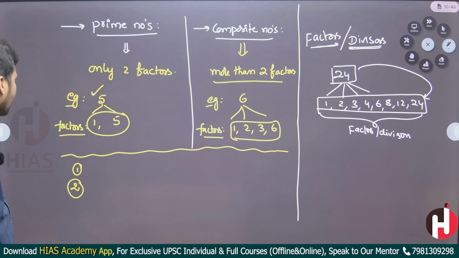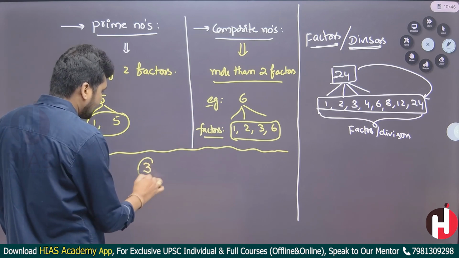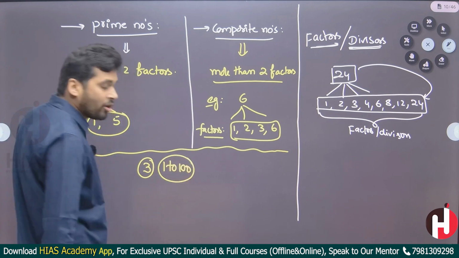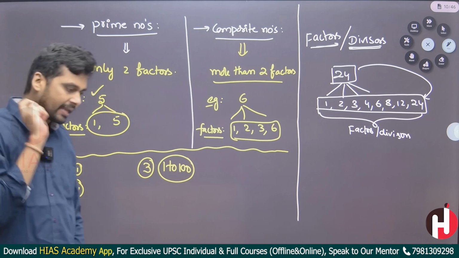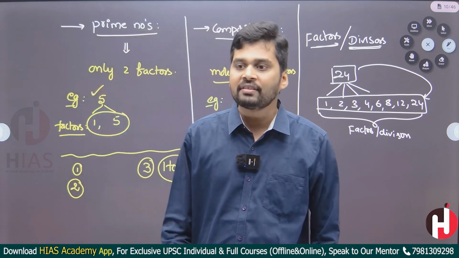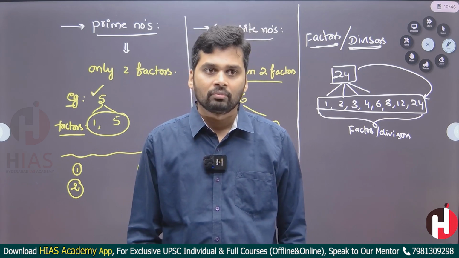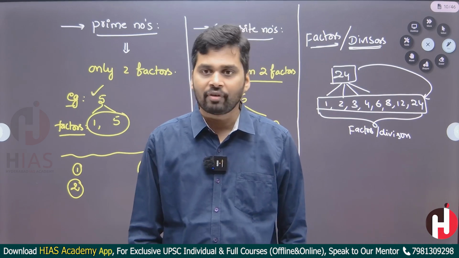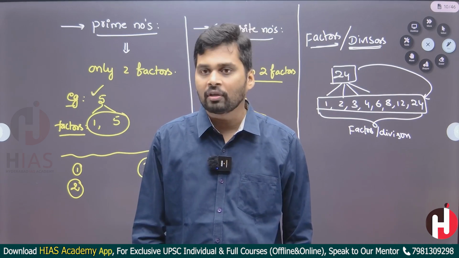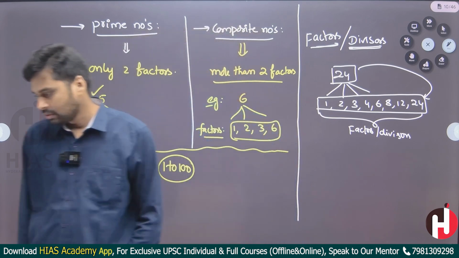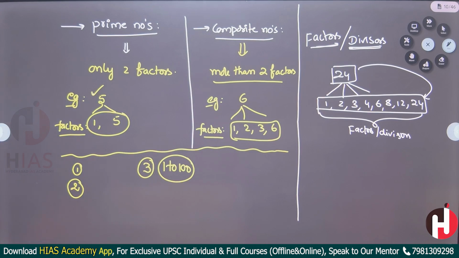Okay. Now, how many prime numbers are there from 1 to 100? Knowing prime numbers from 1 to 100 is very, very important. So please write all the prime numbers from 1 to 100 now. Yes, good. 25 prime numbers are there, but please note down all the prime numbers from 1 to 100 now, because it's very important. Most of the number system concepts are related to the prime numbers. So please write the prime numbers from 1 to 100.